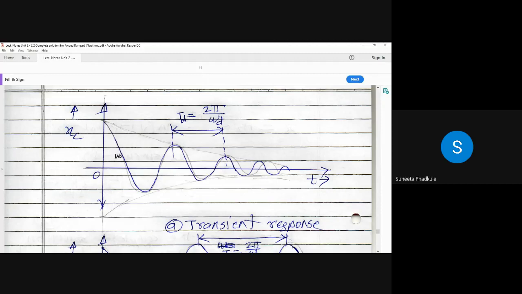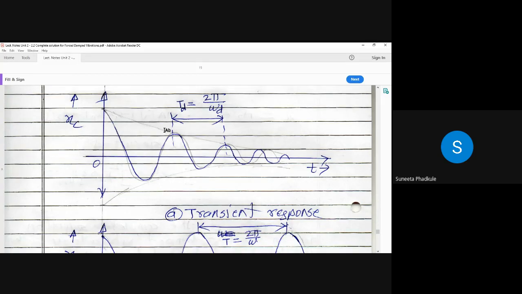See, we have provided the damping here. You have studied this in unit number 1. These are nothing but underdamped vibrations, and if you join all the peaks, you will get the exponential curve. So this is nothing but part A, that is the complementary solution. Such vibrations are known as transient response. This is the response given by the system due to the damping condition. Because we are providing the damping, the amplitude goes on reducing in every cycle. Finally it will become 0.